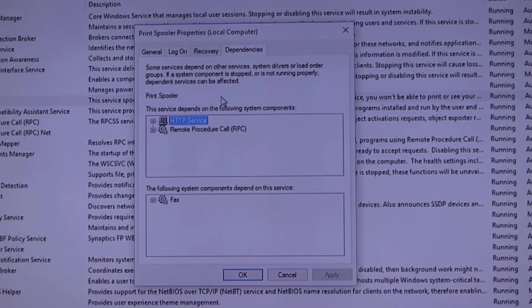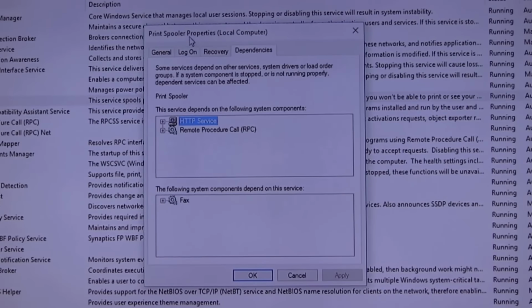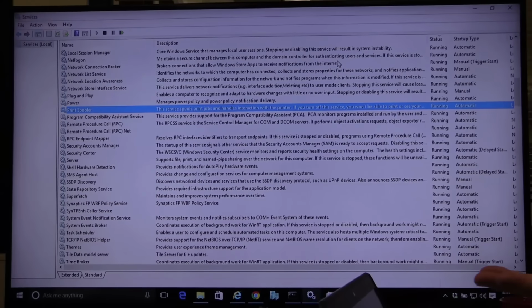All right, so let's look at this. This is the printer spooler service, yes? We're looking at what two services this service depends on. Those two. Now look, if the printer spooler is not working, the fax service will not work. Only the fax? You say, why is that? Because the fax software depends on the printer spooler. What I'm trying to do is show you that services are software modules that are very interdependent, okay? Very interdependent.